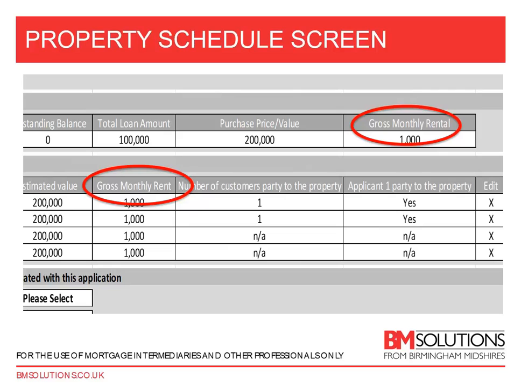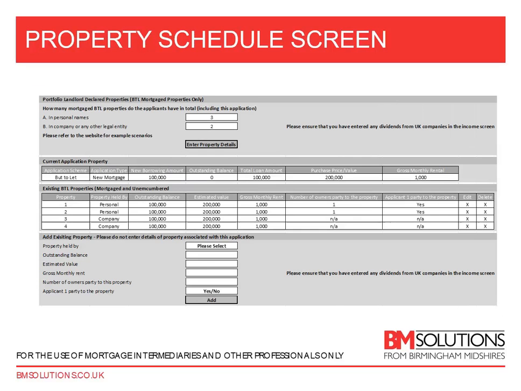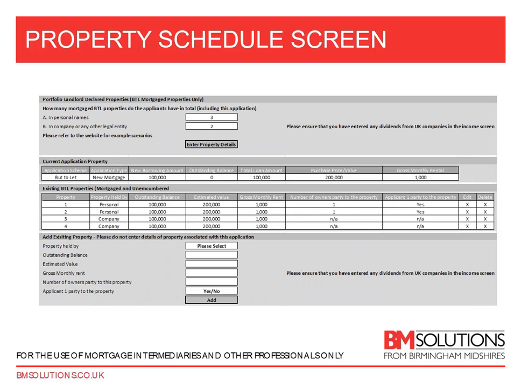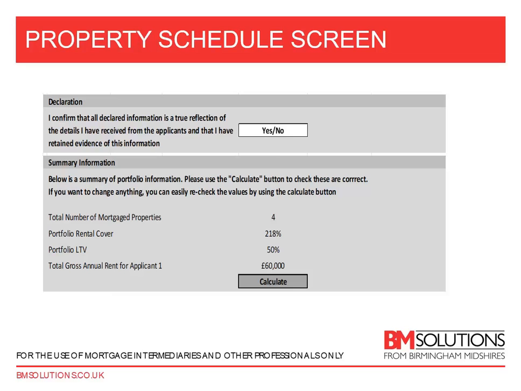We do get a number of applications in where landlords may hold other properties with other parties which aren't party to the application which is currently going through. So it's important that you accurately record how this portfolio is set up and who owns each property. So that's the property schedule form, and at the very bottom of the screen there is another declaration